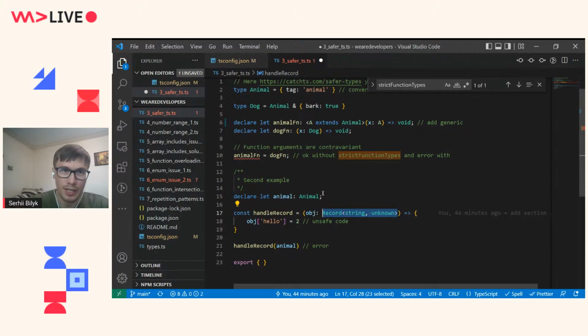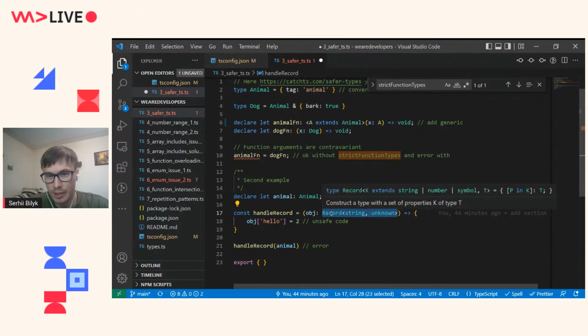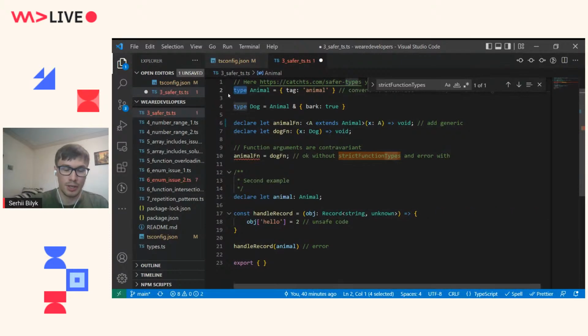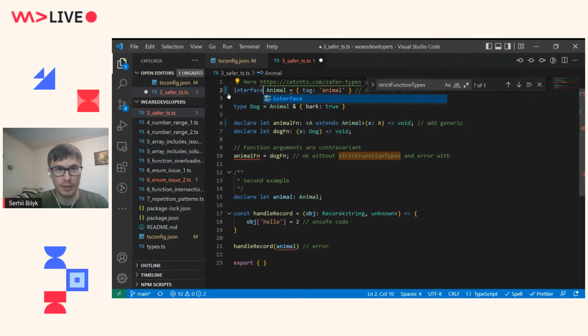As you might have noticed, if you use object, this record, it is safe. But if you use interface here, interface animal,